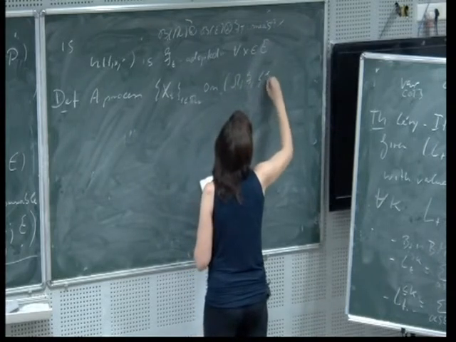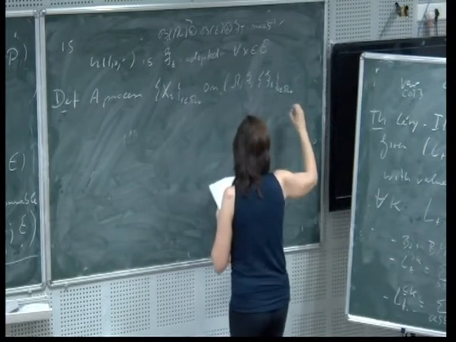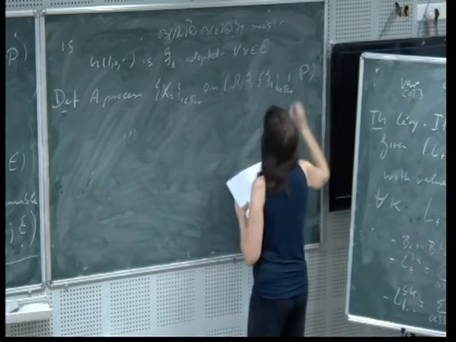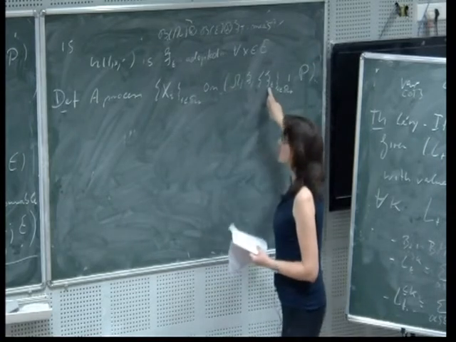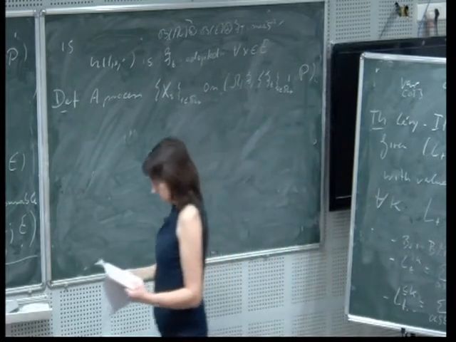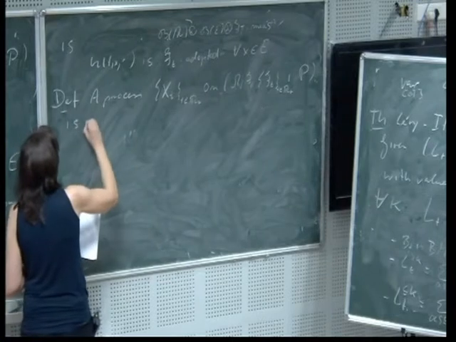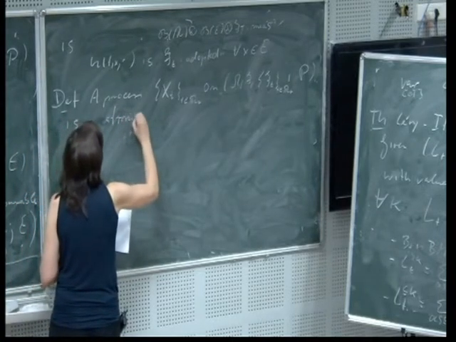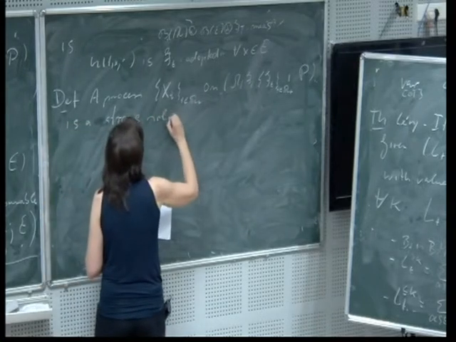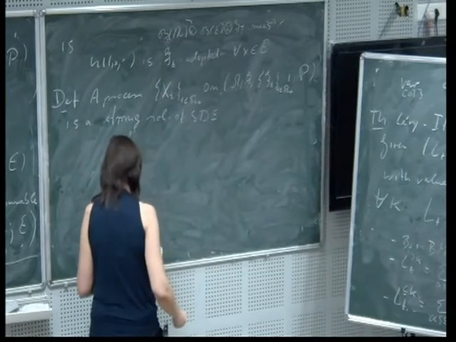Also, the solution should be observed. So it's defined on the same space. When I say it is on the filtered space, you remember I mean by that that it is adapted. It is a strong solution of the stochastic differential equation I have there